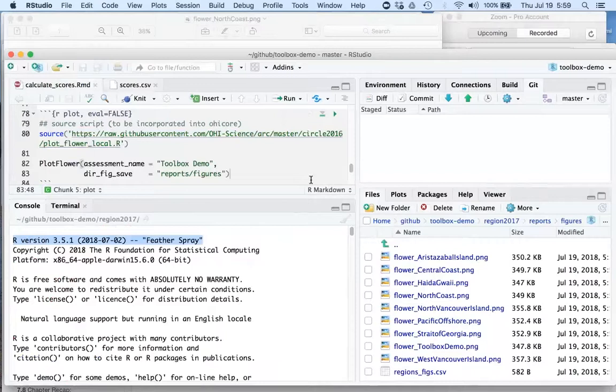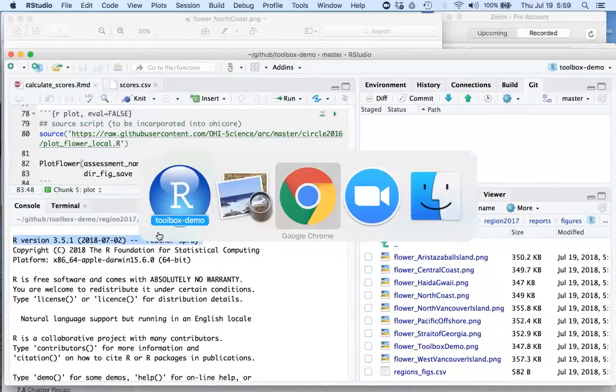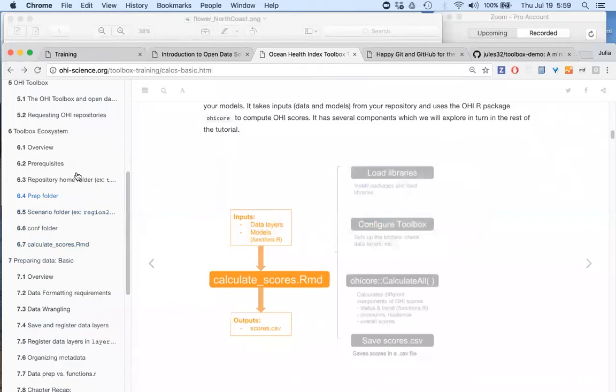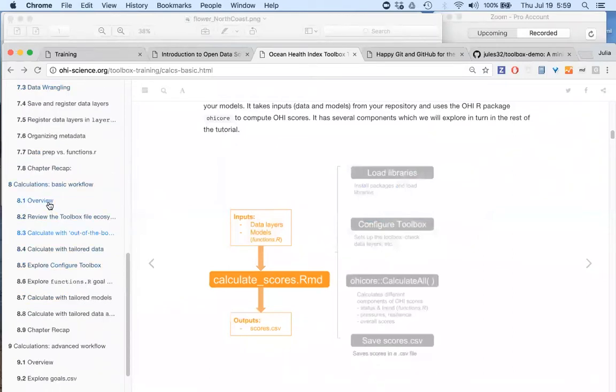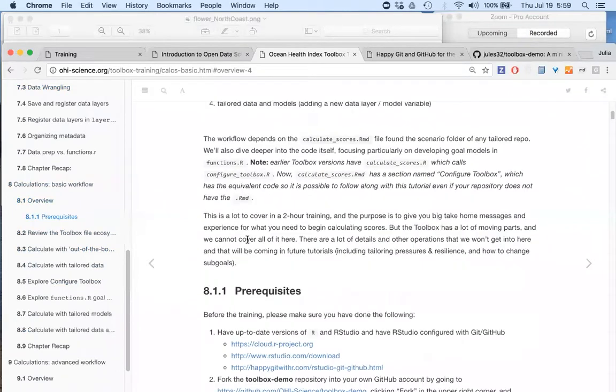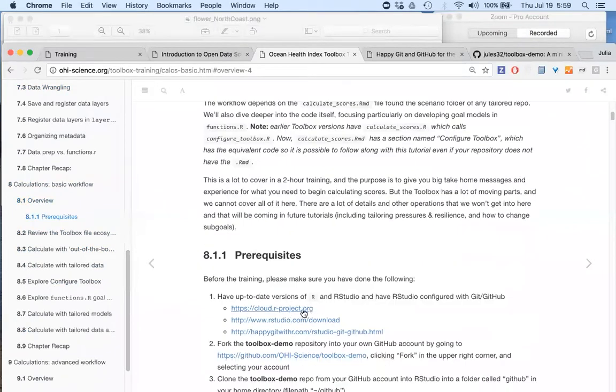3.4.0. That's not the latest one, is it? Yeah, so I think that error will go away if you update R. Okay. Yeah, and so you can do that. There's a link at the top of this chapter, the overview. There's a couple of different places you can go, but if you go to this cloud.r,